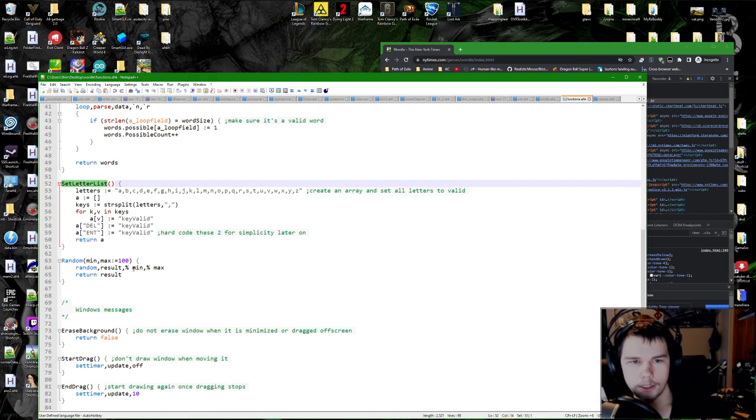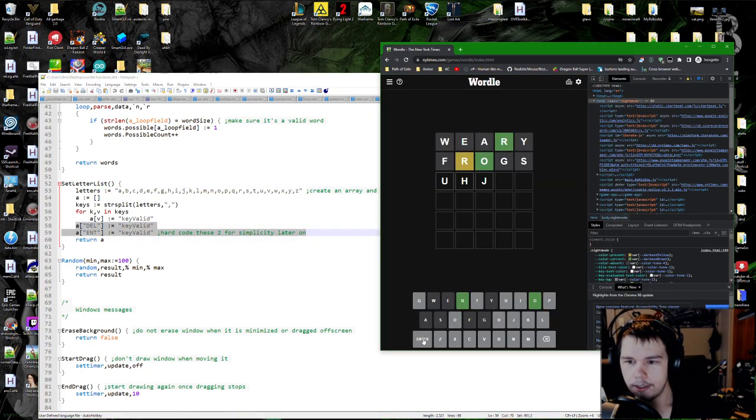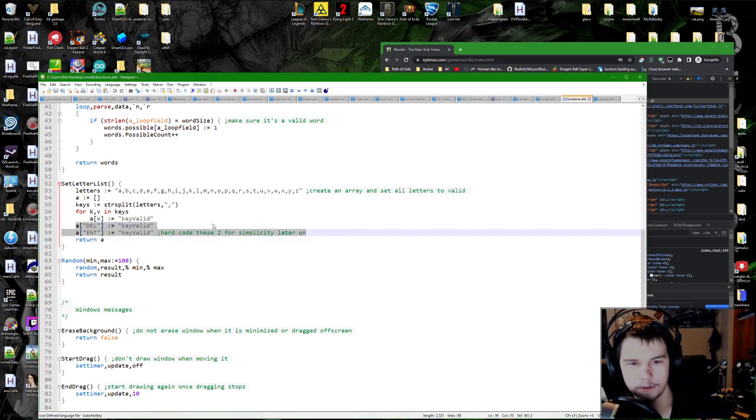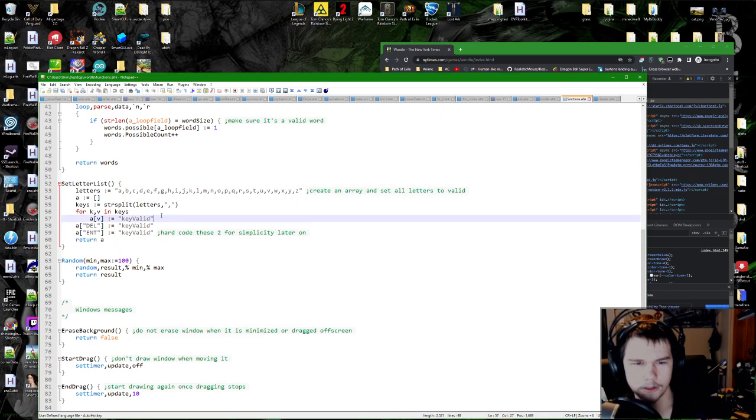The set letter list. This creates an array of all the letters, as well as two special cases here, which is, if you look here, there's an enter and a delete button here, and I have them set up just for convenience sake here. It basically means